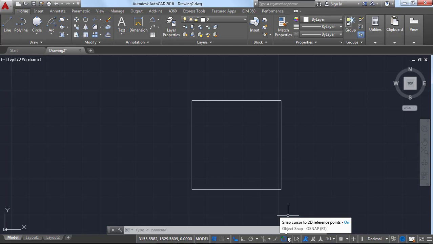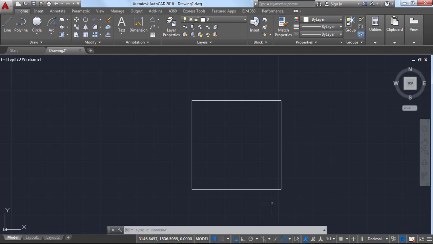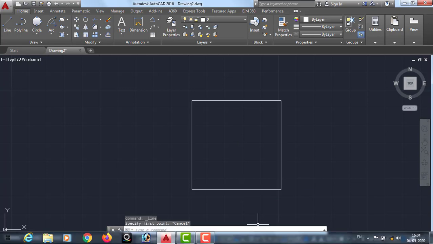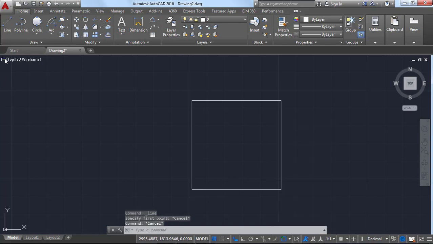So even though you turn on the snap, you need to pick the center point. So for that, click on this arrow mark, and here we need to tick endpoint and midpoint. So when you tick midpoint, then only we can snap the midpoint. If you untick this point, let me show you. So here we are unable to pick the midpoint of this line, because in the OSnap we have unticked midpoint. So we have to tick this midpoint, then only we can snap the midpoint of any object.